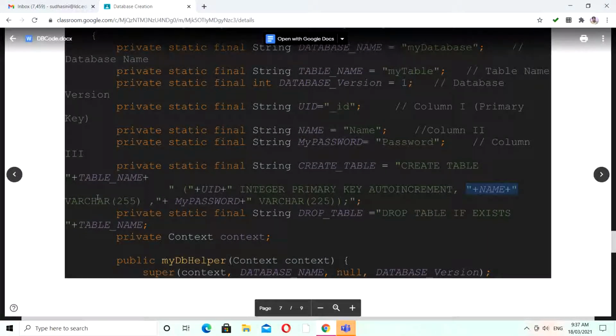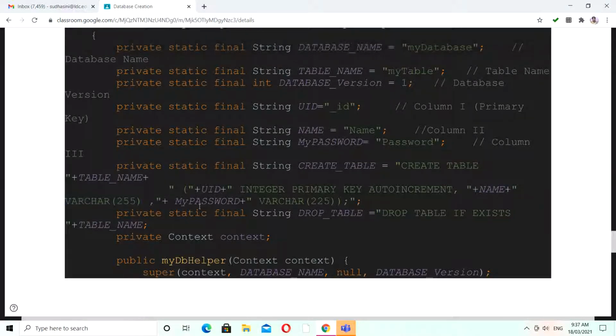Here you mention the data type of your name, varchar 255, then a comma, and then my password. Again you have to mention its data type. So this is the creation of your table, the entire query to create your table.